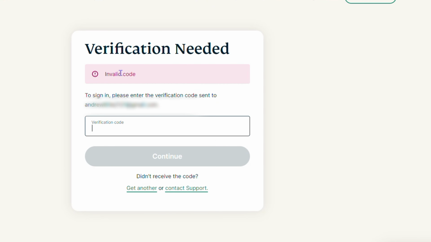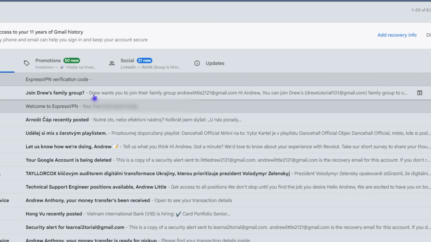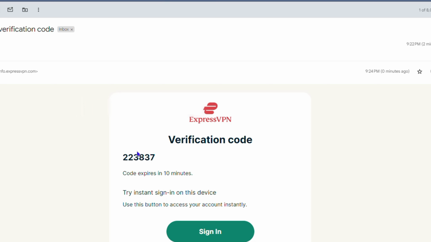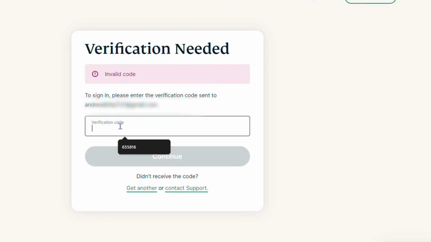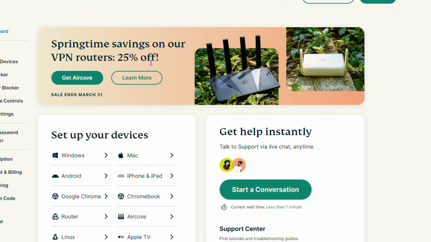Now, in case you notice that it's invalid, just check to see if you received a separate one. In my case there might be two of them. As you can see here, it's a new one, so I'm going to enter this new code. So this must be the one that's going to work, and you will see that it works. There it is. So it takes you into your ExpressVPN, and here, in order to cancel